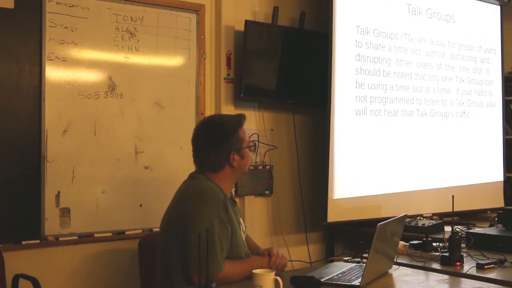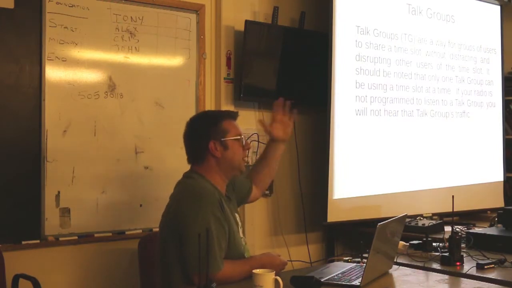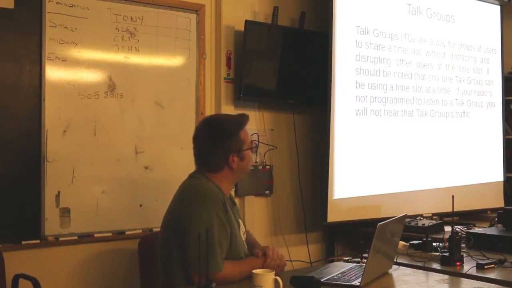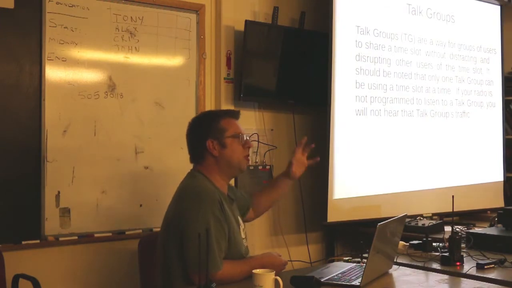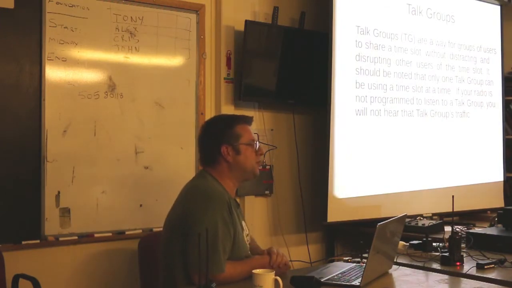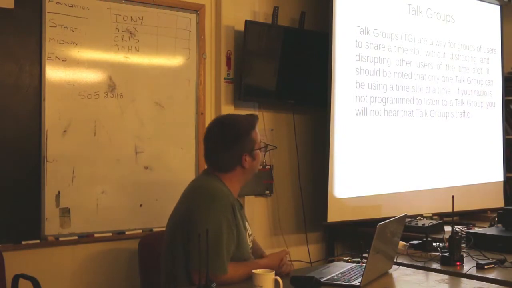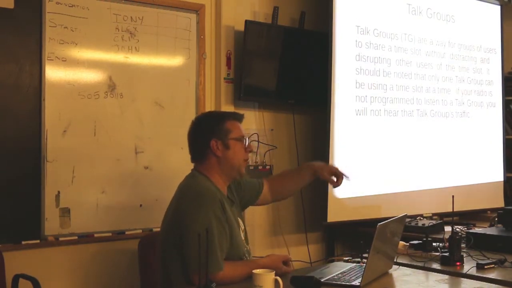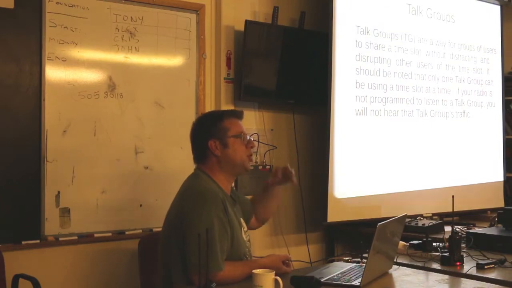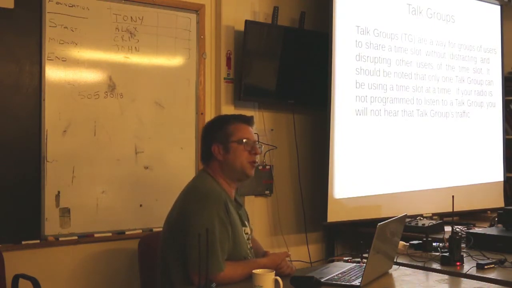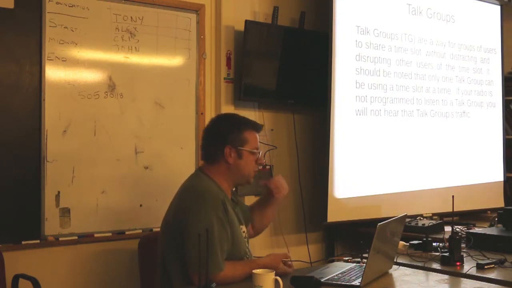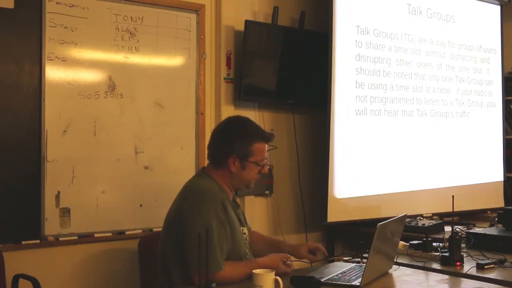So if you're on a time slot that would normally relay everything around the world, time slot 1 on most Brandmeister repeaters, if you use talk group 1 and keep that up, that would pretty much open every repeater in the world that's connected to that network. Perhaps you do want to do that, but perhaps you don't. If you want to talk to your mate down the road, you won't want to be tying up the whole network. It's very inefficient. Okay, everyone all right with talk groups? Yep. As we talk more about them, it probably becomes more apparent.